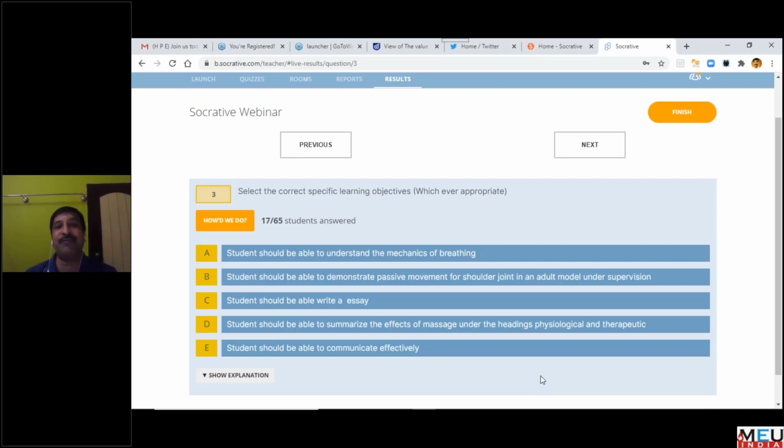We thought first you should feel how this works for the learners, and then it will be easy for us to use this app. So here you need to select whichever is applicable.